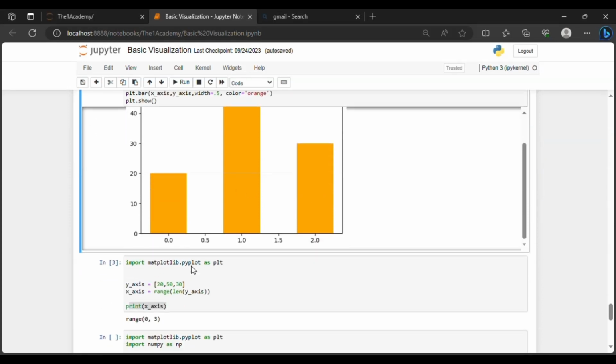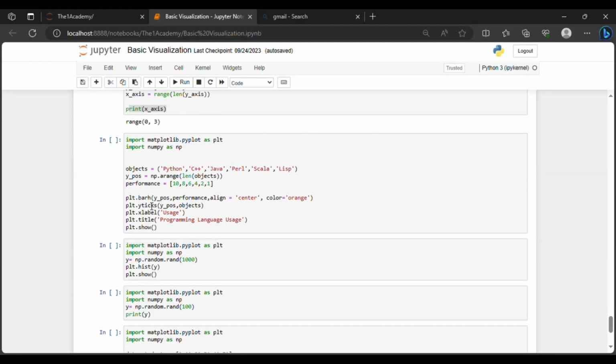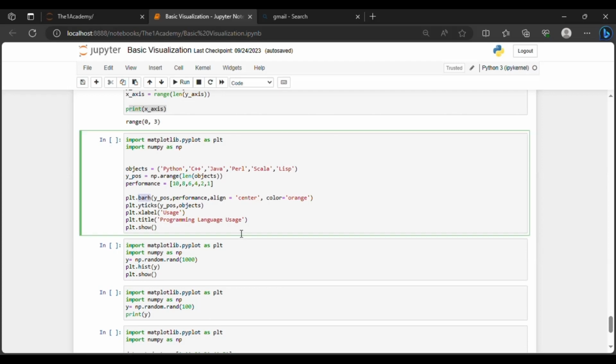The next is horizontal bar. So we are importing matplotlib and numpy. Here objects, it's an array of objects. If you see the bracket, it's a round bracket, and list is a square bracket. So we have an array of objects, and ypos equal to arange length of objects. What is length of objects? Another function, count the length. Python 1, 2, 3, 4, 5, 6. So we have length of objects is 6, and performance